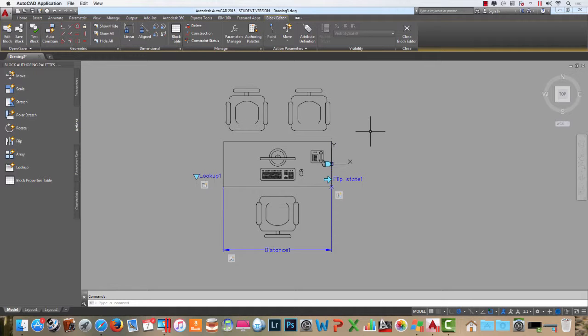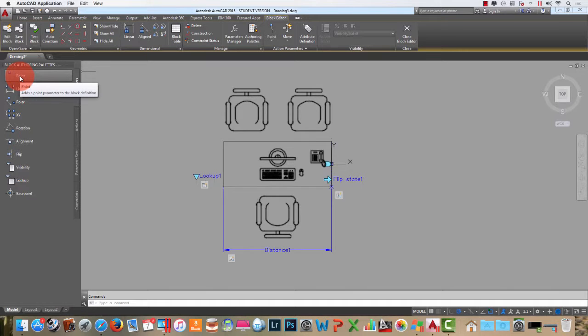So the next thing that we're going to do would be, I want to be able to have the ability to move these guest chairs around. I also want to be able to move the workstation chair around. But I'm going to start up here with these guest chairs. So under this parameter, I'm going to use the point option here. So I'll click on point, and basically what that does is it gives us a grip to move things by. So I'm going to click the midpoint right there in the middle of that chair, and I'll just kind of drag this out. Okay, it's called position 1,